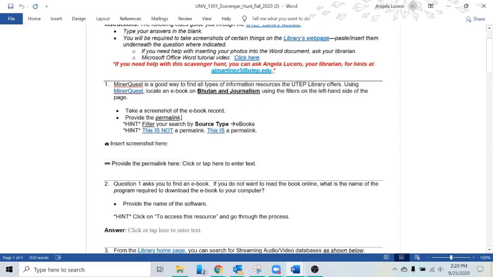A lot of the questions have hints to help you figure out what you need to find. This hint is giving you a search to filter by source type and then to ebooks. And for the permalink, it also links to some graphics on what is and what is not a permalink, to help you find the permalink that you have to provide. Don't put the answers at the end of the bullet points. There's a special space for you to put your answers. So if a screenshot is required, you just need to look for the little camera icon, and that's where you need to insert the